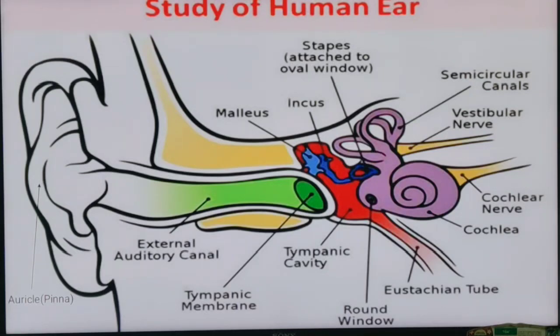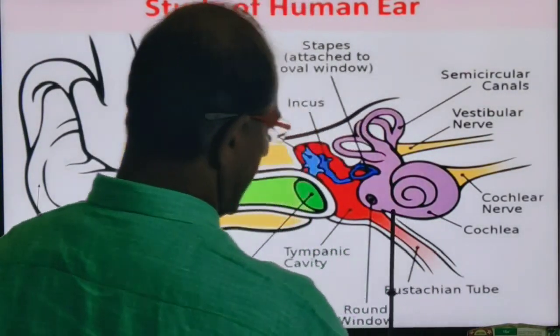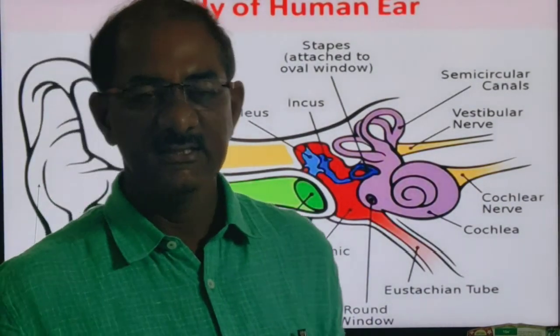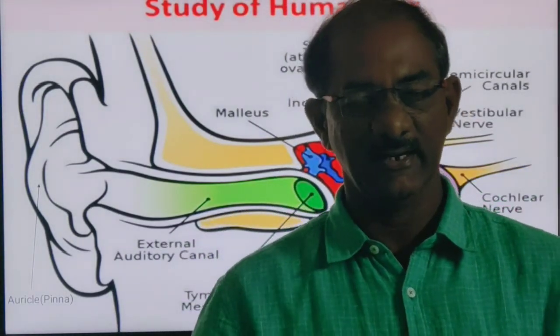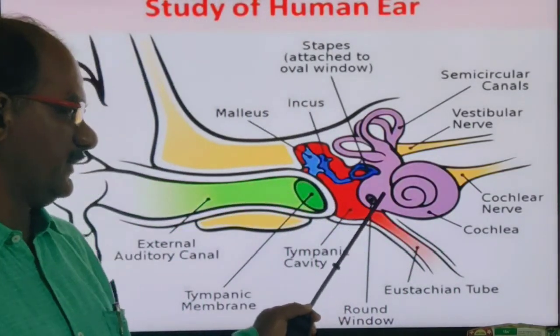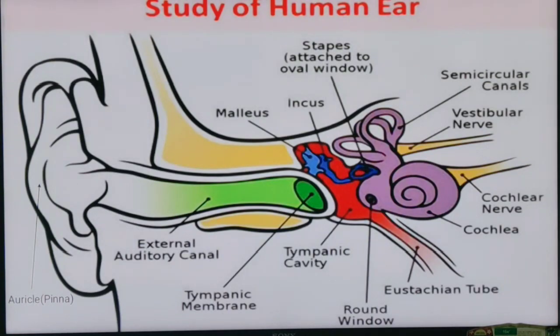a soft, delicate and irregular organ. It is commonly called the membranous labyrinth. This membranous labyrinth is again divided into two parts. One is the bony labyrinth and another is the membranous labyrinth. So it consists of, in this labyrinth and that labyrinth, one is the bony labyrinth, another is the membranous labyrinth. So this bony labyrinth means